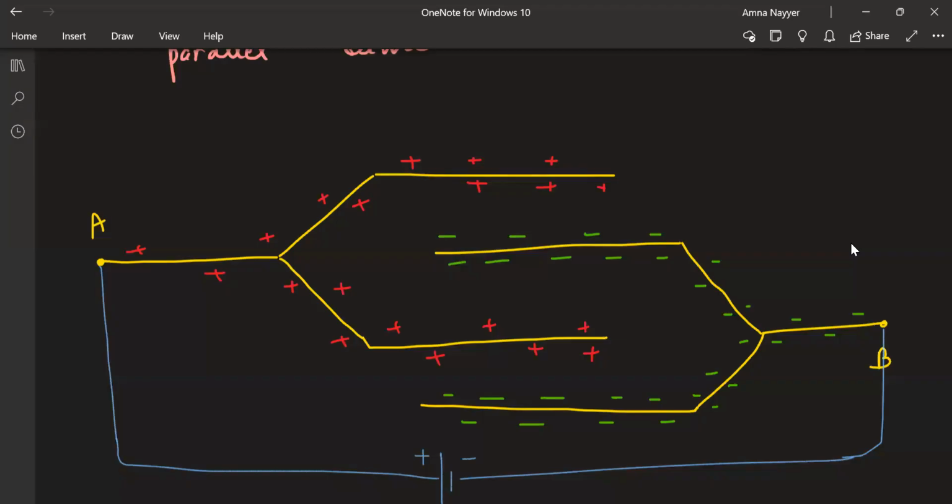When you have two conductors, you oppositely charge them. Remember? So wherever I see two plates which have opposite charges,